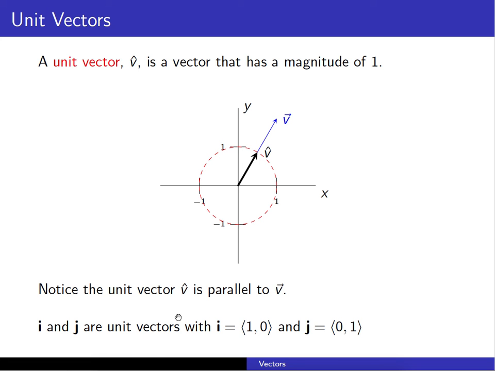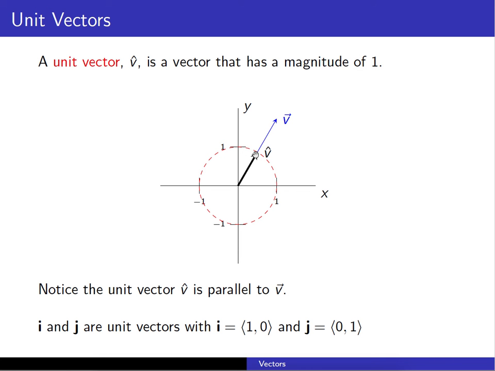i and j that we've talked about already are unit vectors, where i is 1, 0, so that would be right here on the x-axis, and j is 0, 1, so that would be up here on the positive y-axis. But two things to keep in mind with unit vectors: number one, their magnitude is 1, and number two, they're parallel to the original vector. And if we make the initial points at the origin, then the unit vector will always lie on top of